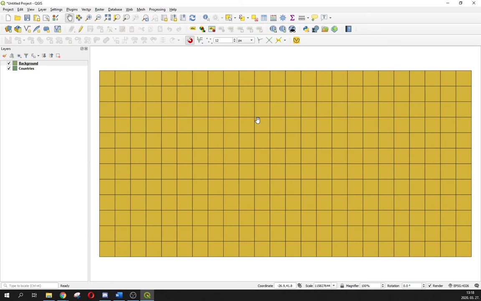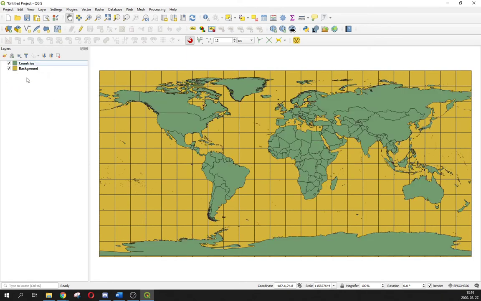And the layers should have the countries layer on the top to see it in the foreground, so grab the background below, and after that we should save as these two layers, to